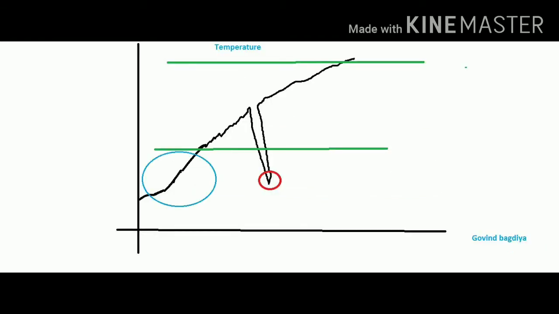In this graph, this is a steadily increasing graph, and we can see that there is a sudden decrease in the temperature at this red circle I have pointed. Now if we set the threshold limits with these green lines, the problem arising is that this blue circle will also come under our red alerts. We don't want an alert at this blue circle. We want it only for the sudden change. So this is called anomaly detection.